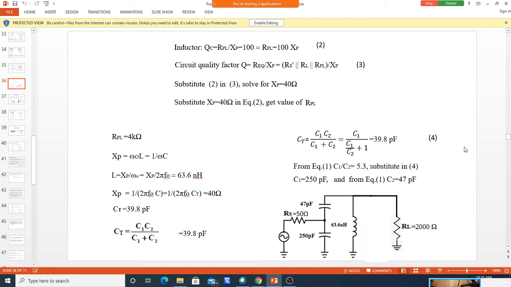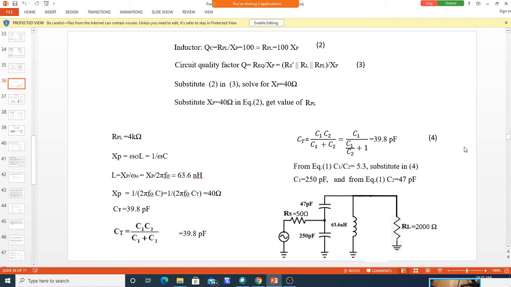In the examination, problems may come like this: design a resonator circuit and find the insertion loss. There are three different problems as we discussed in the previous classes. One is a simple design, they may ask to design a resonator circuit. Another is design a resonator circuit and find the insertion loss. And the next problem is design tapped L or tapped C transformer resonators. So three types of problems may come in the examination. Data may be different, but the remaining procedure is the same.